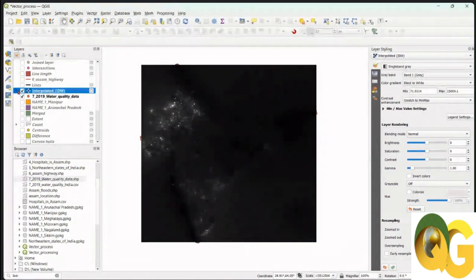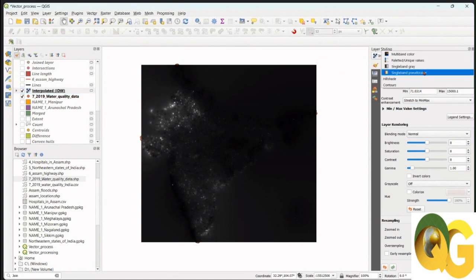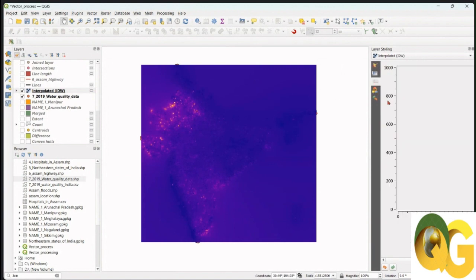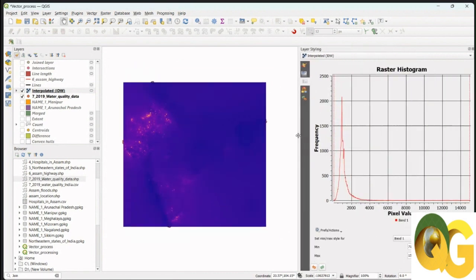You know how to decorate your rasters now. For that, again click on this first option here, and let's give it a single band pseudocolor. You know that we don't want extra layers, so for this we compute our histogram, and we remove